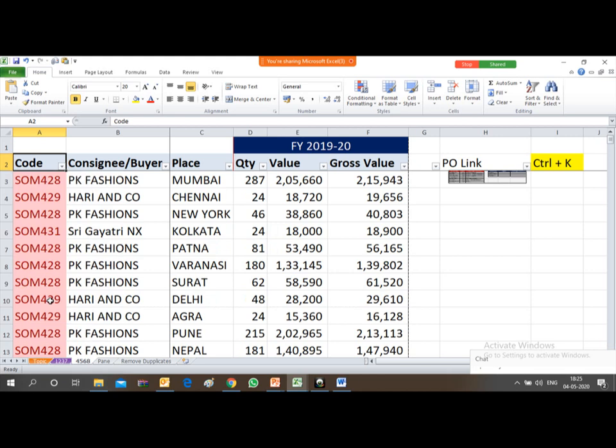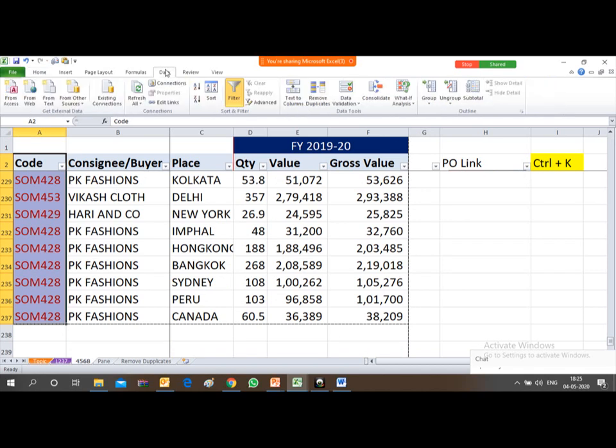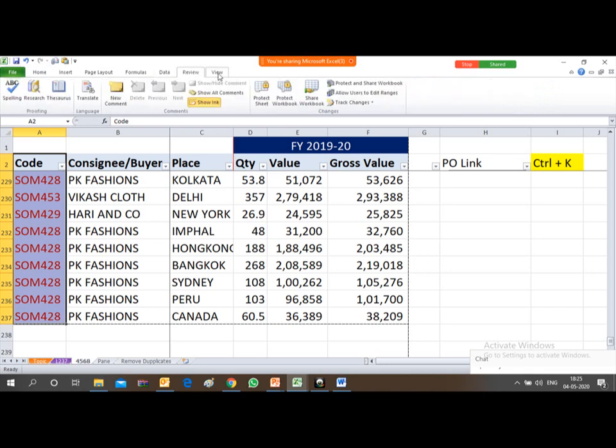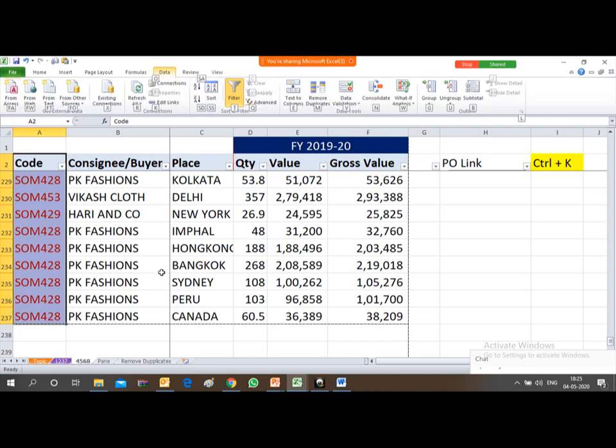Our concern is how to remove the duplicates. Friends, how can you remove the duplicates? You just select this column. By selecting this column, go to Data.